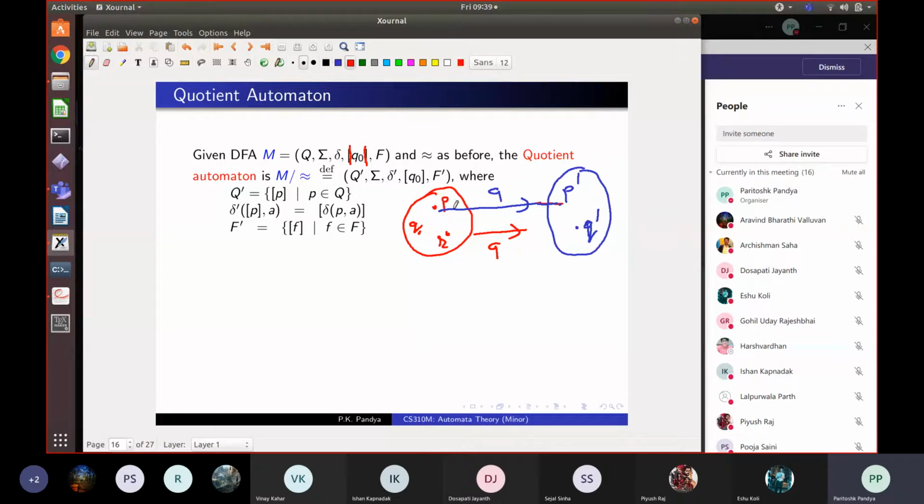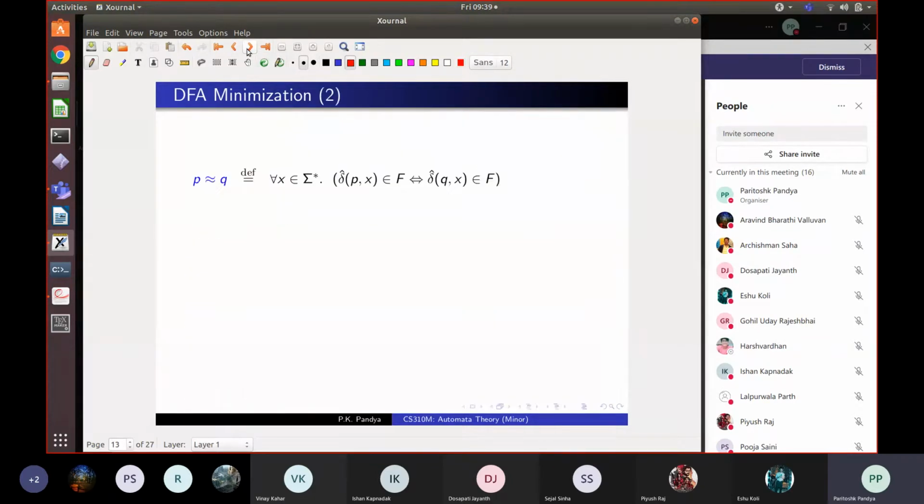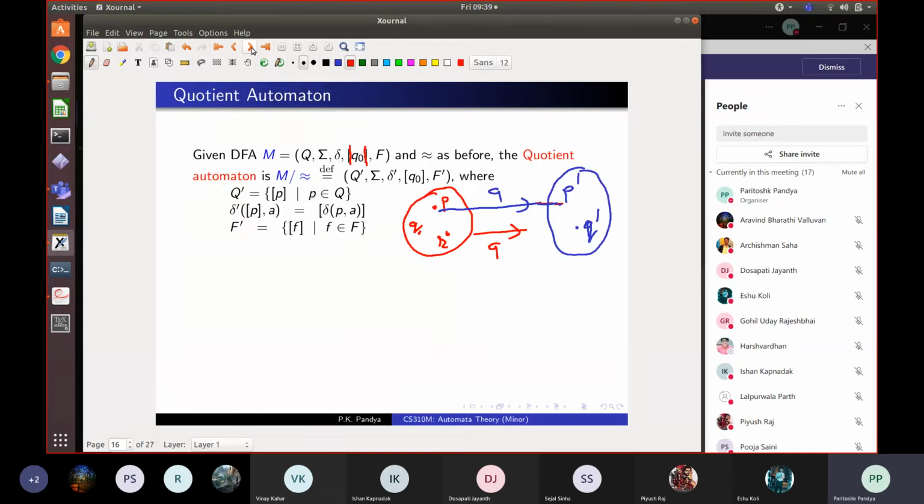So you first work out this blue transition, so you will know P and P prime, and then take their baskets. So this is what it is saying, and that is what we had done to construct this collapsed automaton from this. So I hope you are able to see how we construct the automaton. Of course, in constructing this automaton, we have to know the equivalence classes of states. And for that, we need to know which state is equivalent to which.